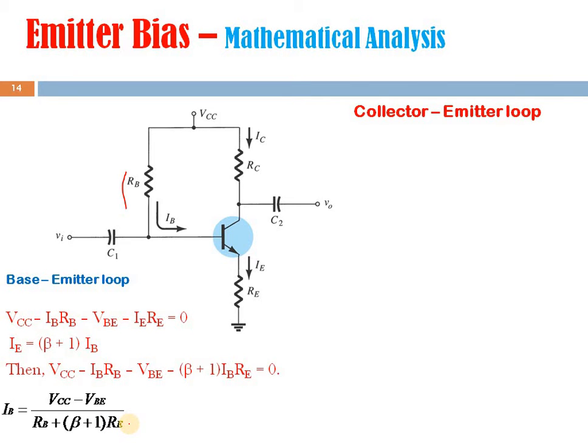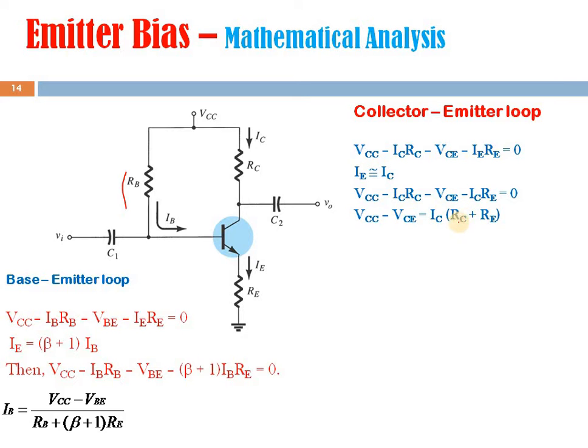Now if we apply Kirchhoff's voltage law on the output side, what will happen? You see, VCC minus the voltage drop across this, IC into RC, minus the collector emitter voltage VCE which is appearing across this, minus IE into RE here, and here this IE is equal to IC, so we can replace this IE by IC. So from this equation now we can find out the IC, and IC will be given something like this. But again, what we are interested in is how the output current is related to the input current, or you can say on beta, with beta.